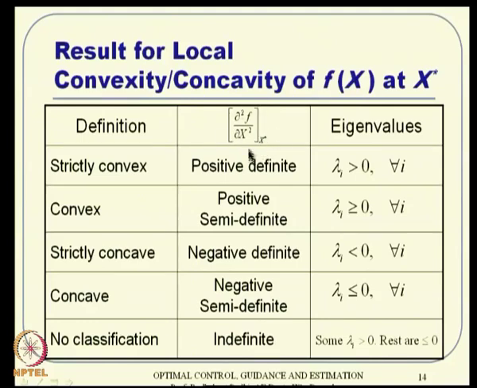This matrix is evaluated at a particular point x star, it is a number. So, you can evaluate all the eigenvalues, and depending on these conditions, whether all of them are positive, strictly positive, things like that, you can infer whether the function is strictly convex, concave and all that at that particular point x star. That also has to be noted down. And if some of them happen to be positive, some negative and all that, you can't say anything. In this particular case, it is typically called an indefinite function.